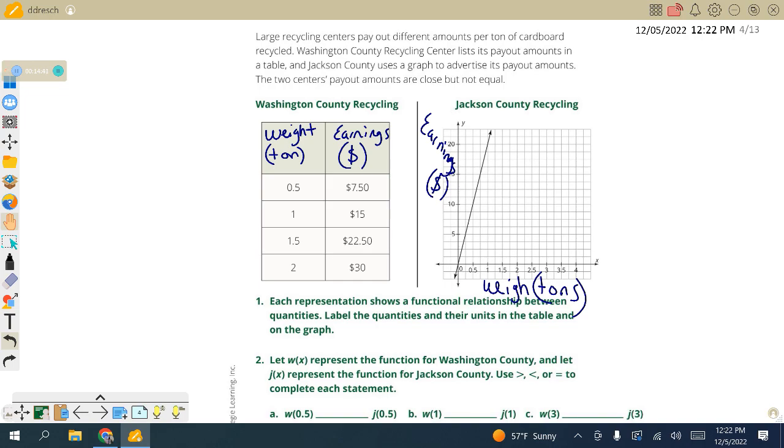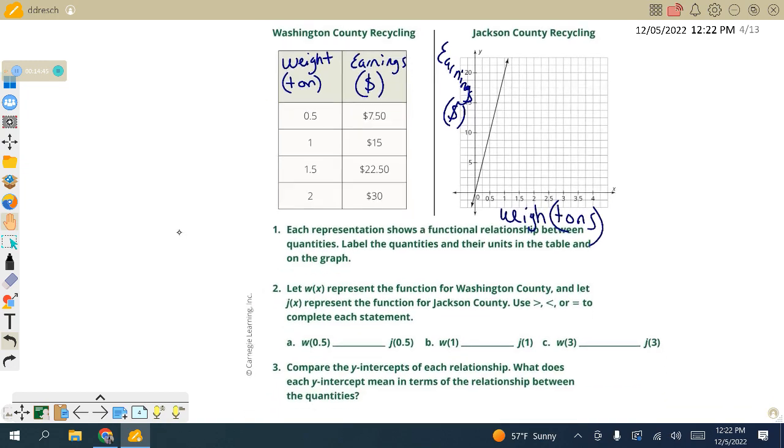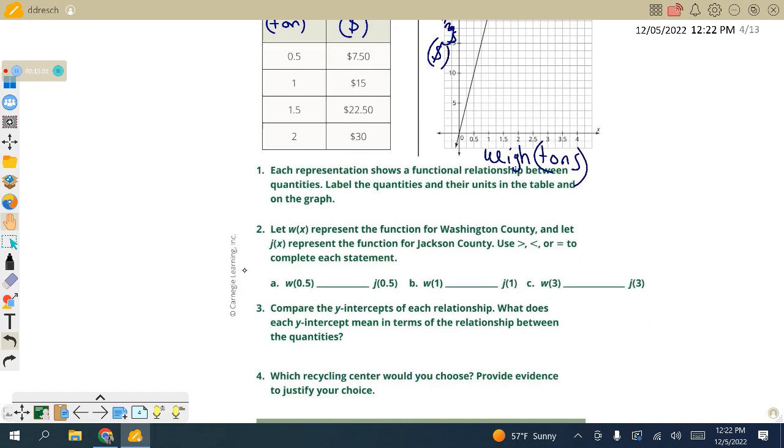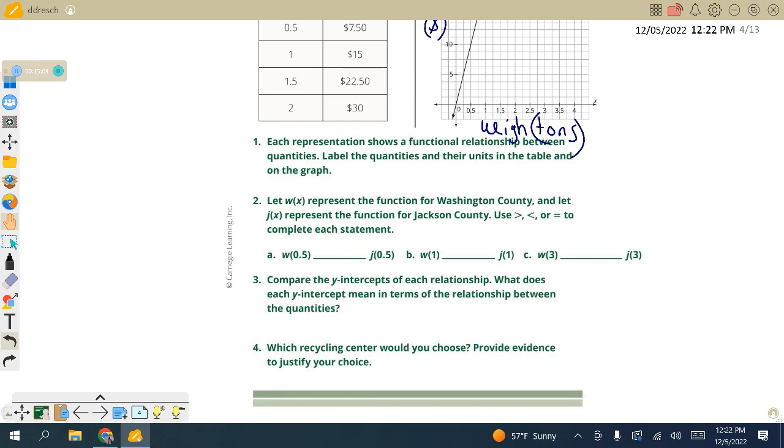W is representing Washington. J is representing Jackson. Okay. When we say W of 0.5, what does that mean off of our table? For the Washington function, Washington's recycling, when the X is 0.5, what's its return? What's its Y value? 7.50. So I'm gonna write that just above,